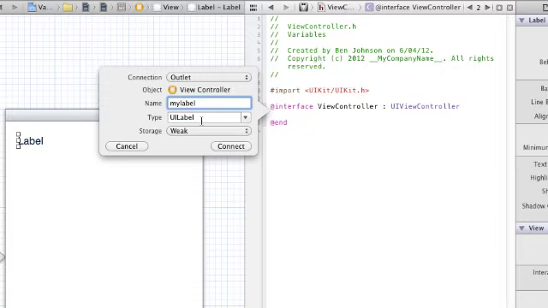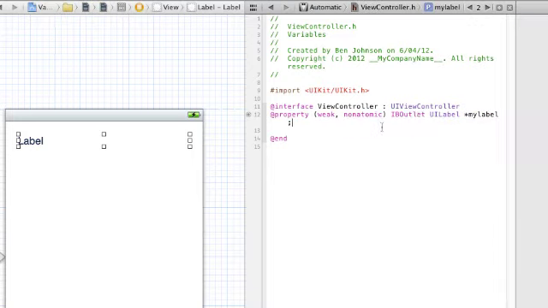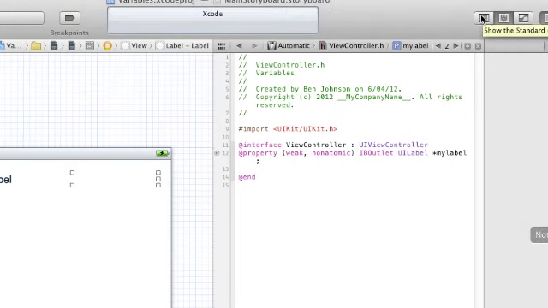It's going to be a UI label, and the storage is going to be weak. I'll go through storage in a later tutorial, just don't worry about it now. Basically it just generates some code for us. You can see that it is in fact an outlet. It's a UI label, and it's called my label. Alright, so what I'm going to do is exit the assistant editor and go back to